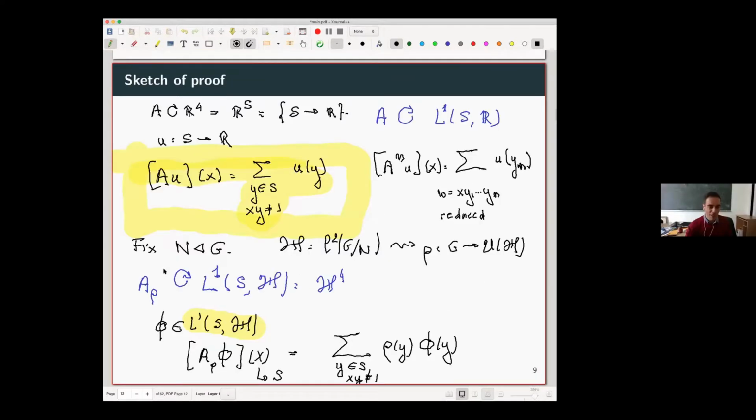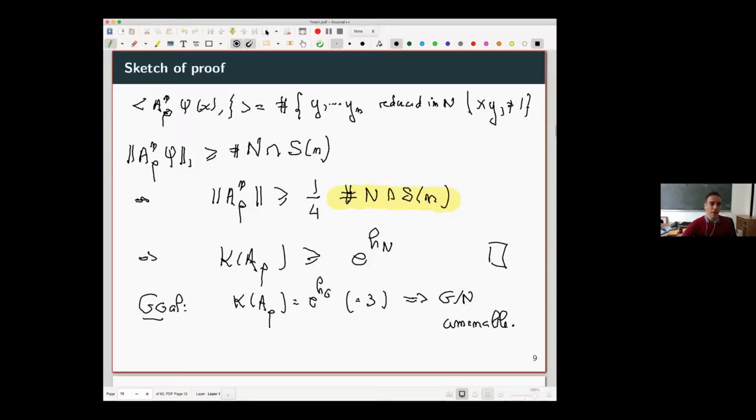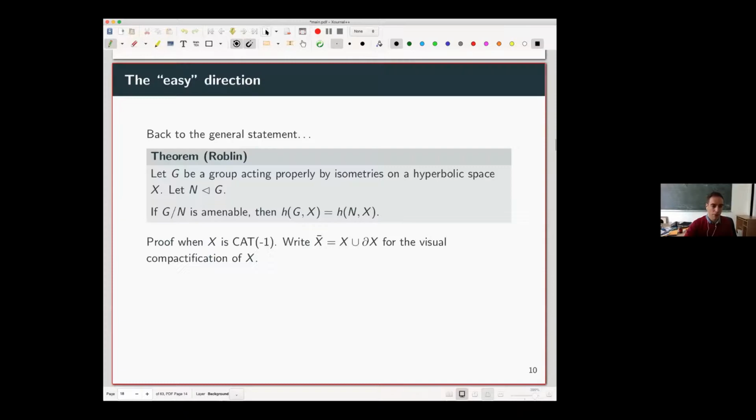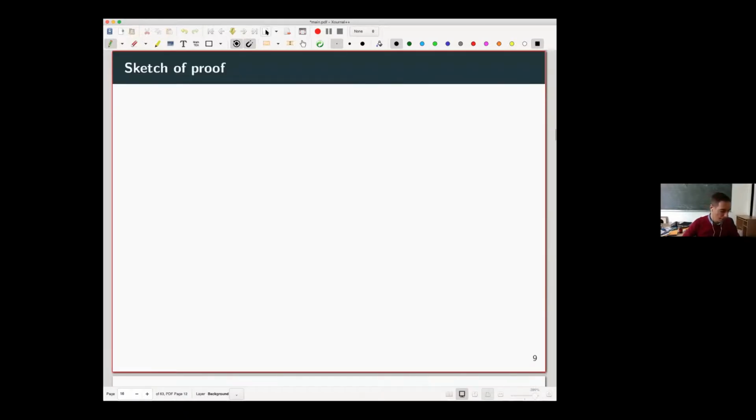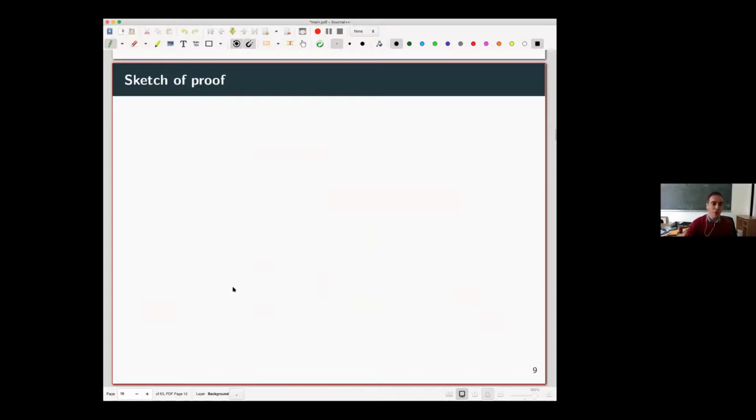So if not, let me complete the proof. Oops, so I'll add one more slide. So I will do an easier task. So what I said is that we want to understand what's happening when the spectral radius of that operator is 3. So I'm going to be very brutal, and I'll tell you after how to fix that, but I will